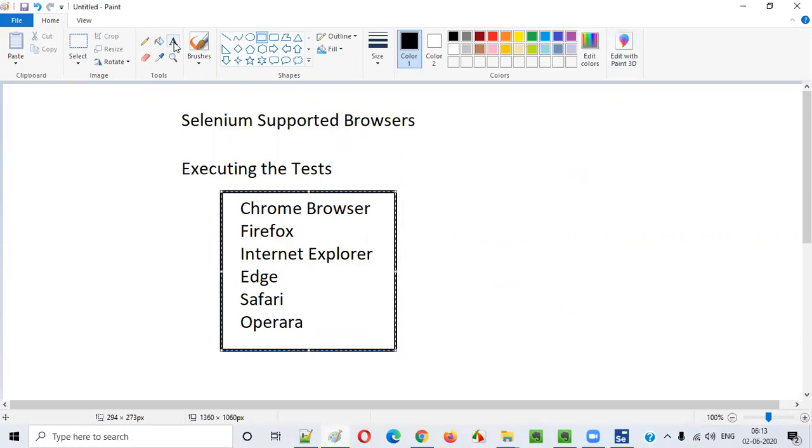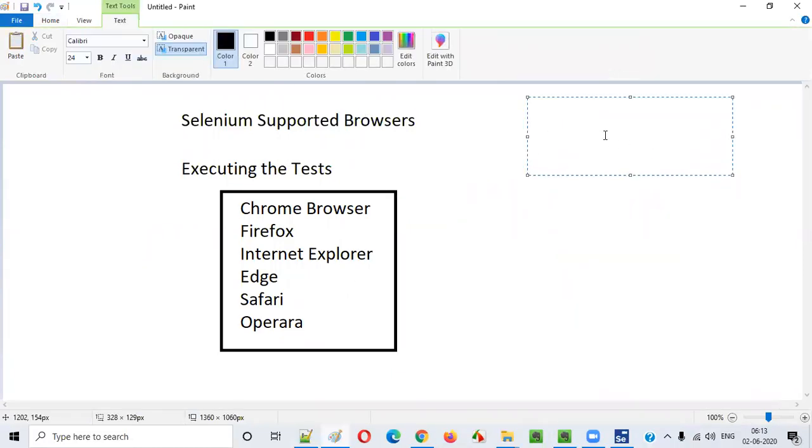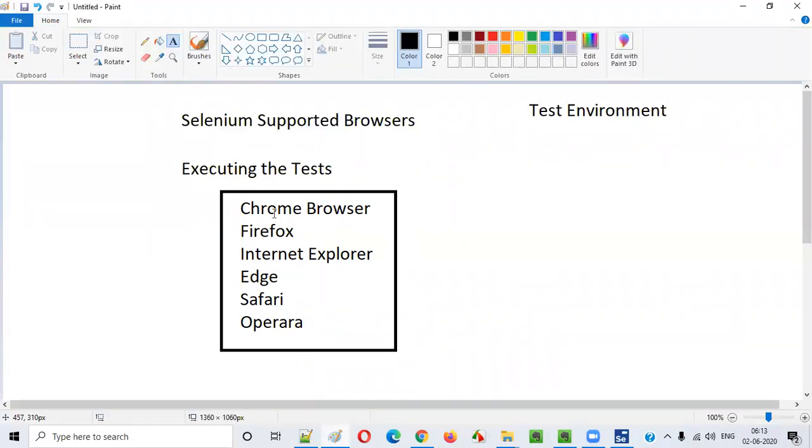Yes, correct. In real time, when we are working on projects, the client project actually supports different test environments. For some people, the test environment will be Chrome, the major browsers. So we have to check whether our application is working not only on Chrome, but also on Firefox and Internet Explorer, for example. If our application supports all these three major browsers, then it's our duty to test whether it works correctly in all of them.